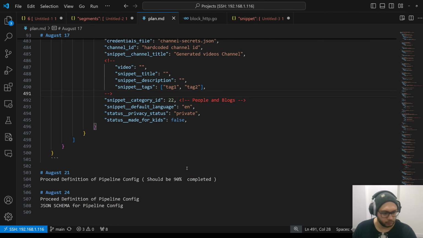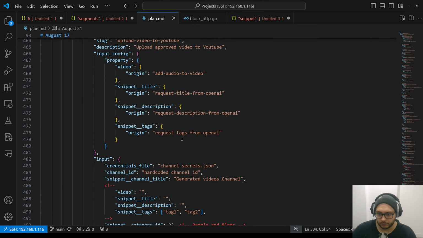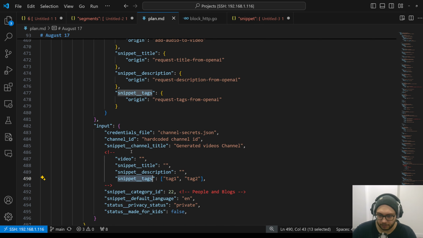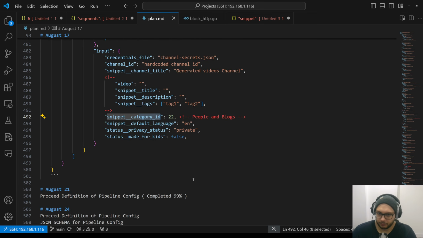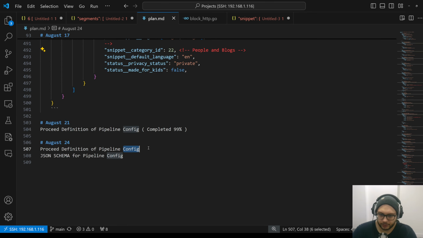So that's what was made today, 21st of December. I have defined the pipeline. Let's mark it as completed by 99%, because I'm not happy with a few decisions like this. To be honest, I'm not happy with this suffix, and maybe I can live with it, but I will need a few days to,